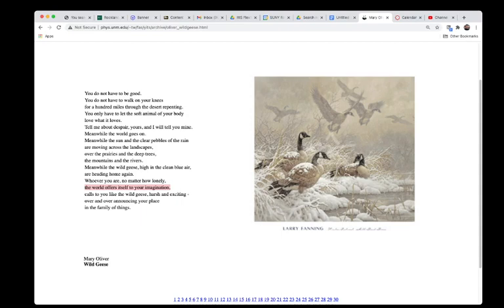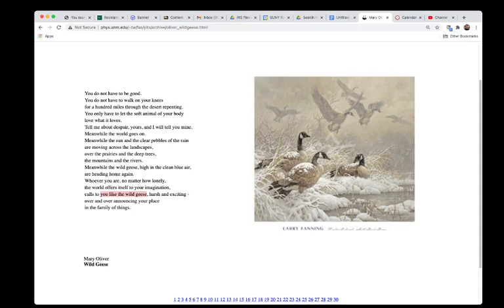Most of us, especially those of us who live in New York, where I teach, have seen the wild geese in V formations honking and calling out as they're migrating. And this is a metaphor, right? You're saying that you're using the wild geese as a metaphor. I know this is technically a simile here. Some of you are going to say, no, it's using like, it's a simile. Yes, but similes are versions of metaphors, okay? Metaphor is the umbrella term, and a simile is a type of metaphor. I know that may not be what you learned in the past, but it is the truth. So a simile is a type of metaphor.